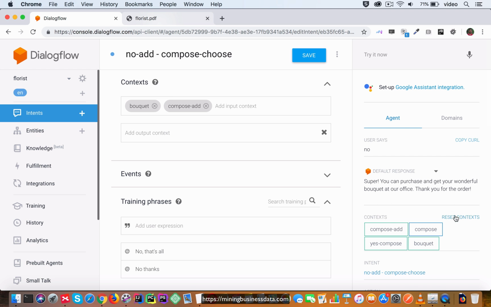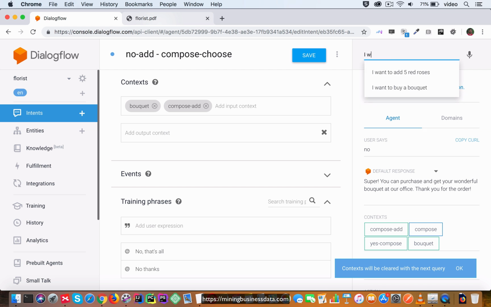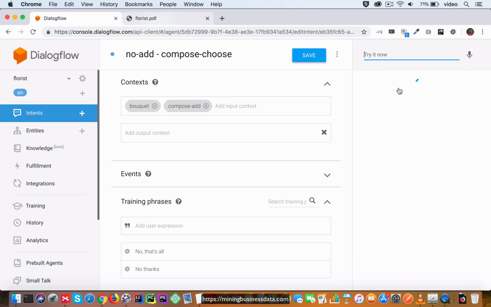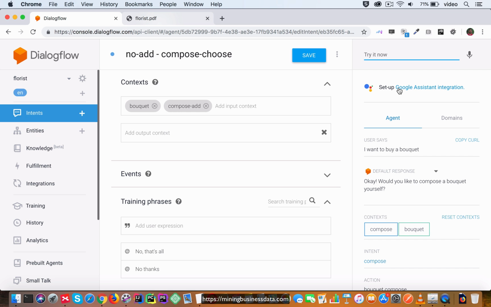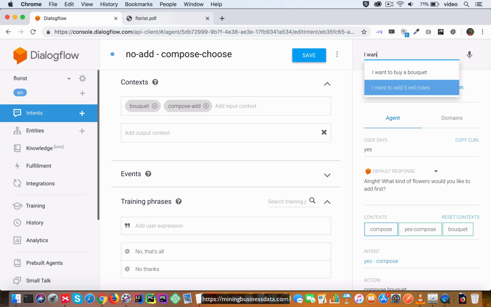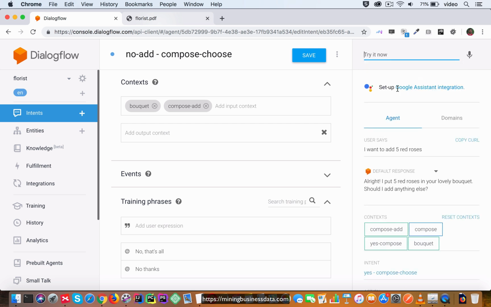So now let's go to our same example and go through the same flow. User says, I want to buy a bouquet. And the bot comes back with, okay, would you like to compose a bouquet yourself? And let's say the user says yes. Then it's asking what kind of flowers would you like to add first? And then the user says, I want to add 5 red roses. So the user has provided the same sequence of messages till now, and you can see that everything is still working as expected because the bot came back with, alright, I put 5 red roses in your lovely bouquet,